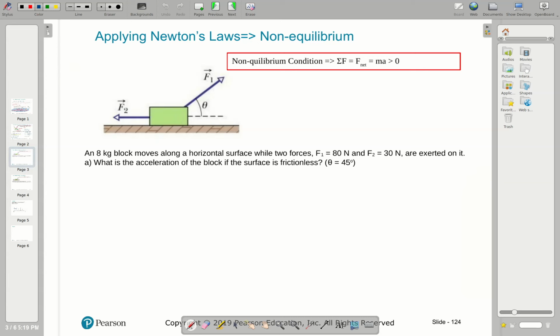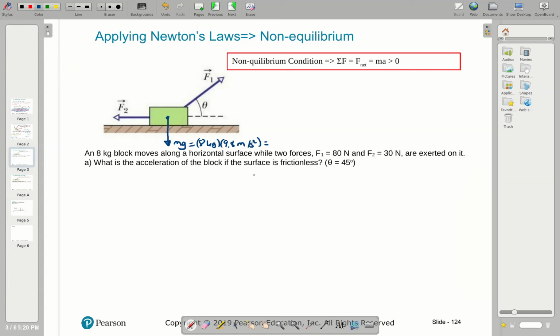Here's another question. An 8 kilogram block, so we have 8 kilogram. I'm gonna put my mg down right away. 8 kilogram times 9.8 meters per second squared. That gives me Newton. Kilogram meters per second squared is Newton. And that's equal to,